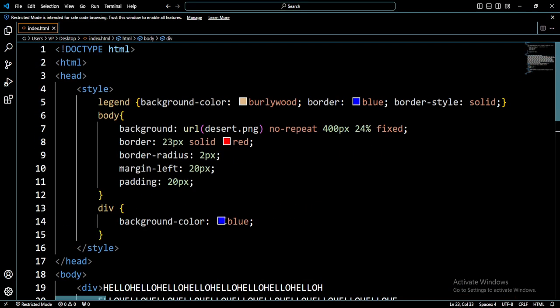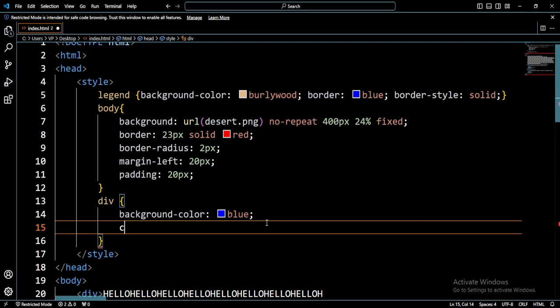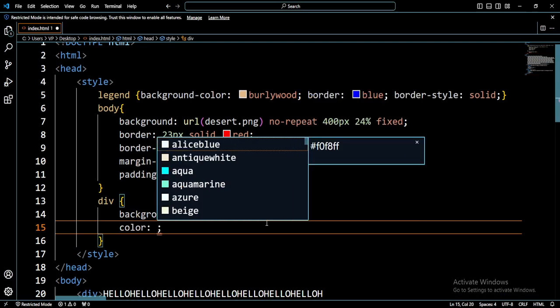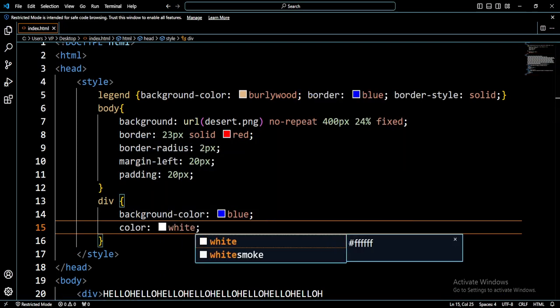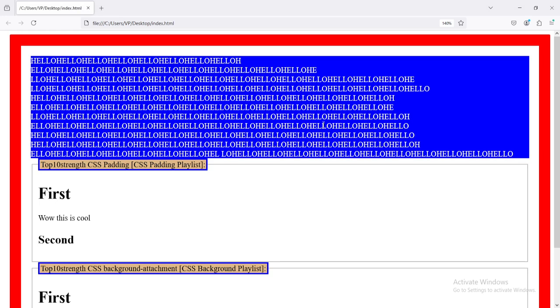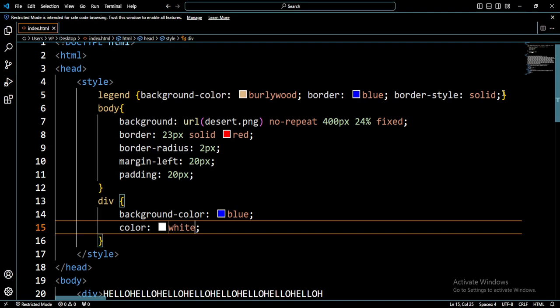Let me give our element color so you can see. We have discussed color. I'm going to give this white color so you can see how it works easily. Can you see? This is having white color now. As you can see, now we are able to see the height is taken. So let's now say, for instance, now